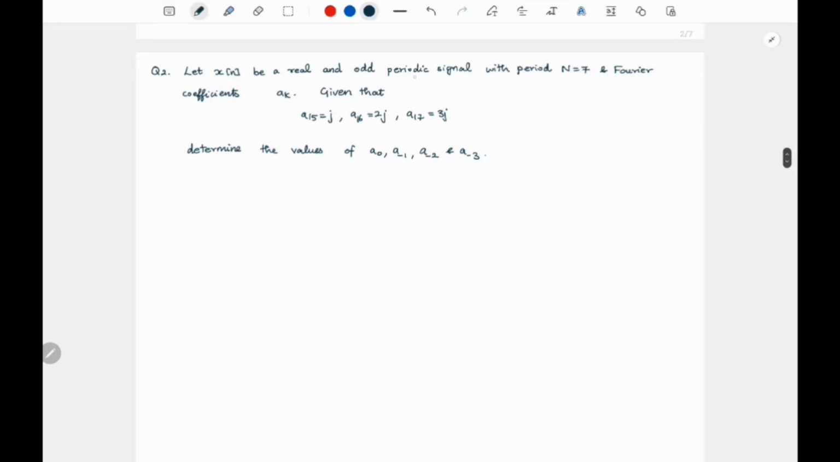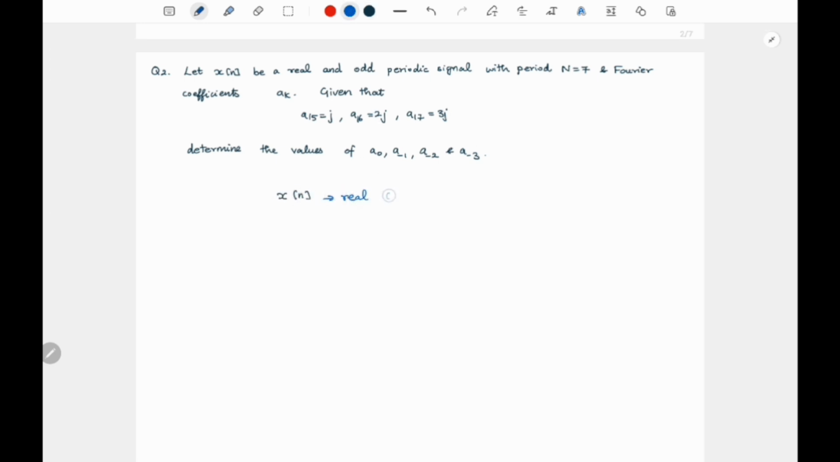Let x of n be a real and odd periodic signal with period N equal to 7 and Fourier coefficients ak. Given that a15 equal to j, a16 equal to 2j and a17 equal to 3j, determine the values of a0, a minus 1, a minus 2 and a minus 3. So they have given x of n as